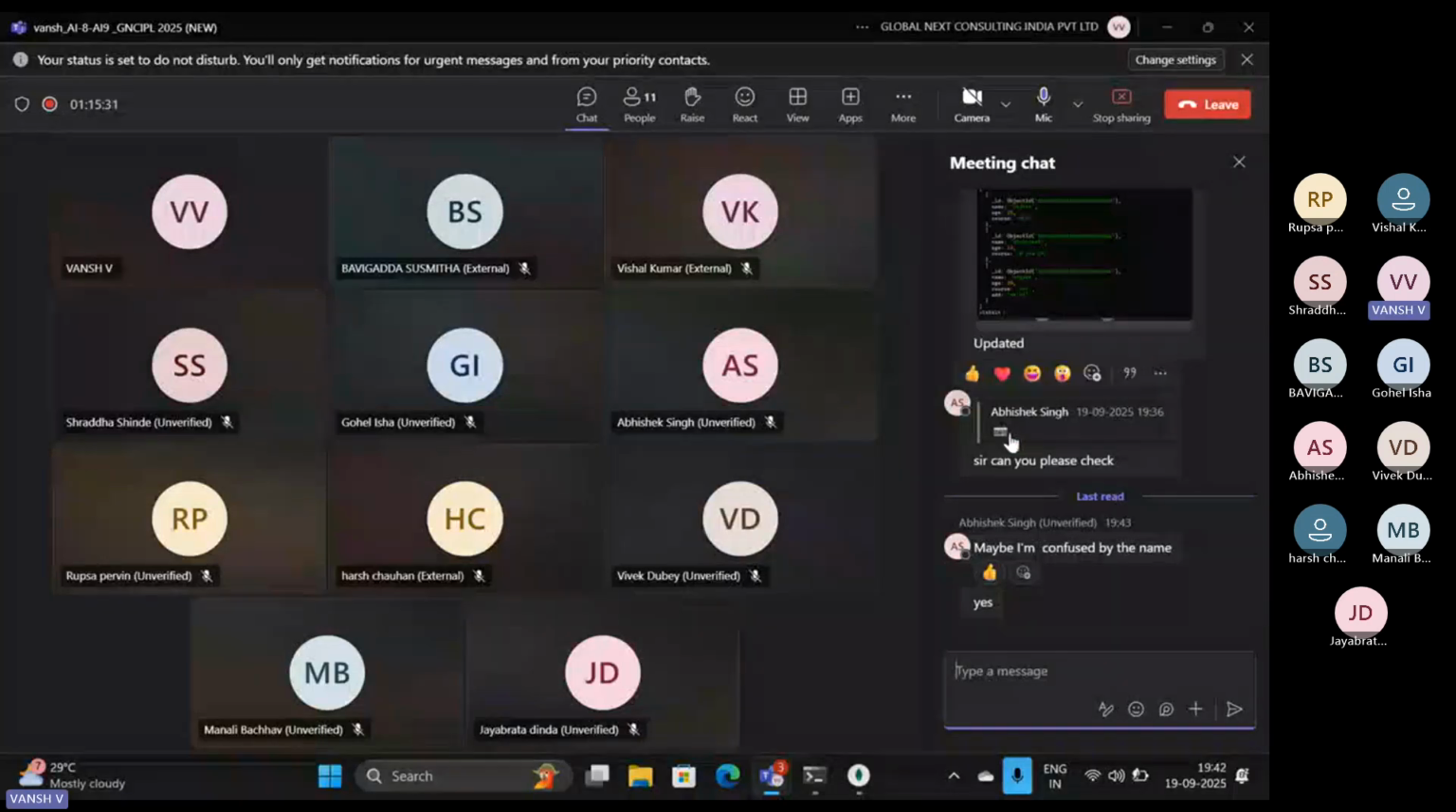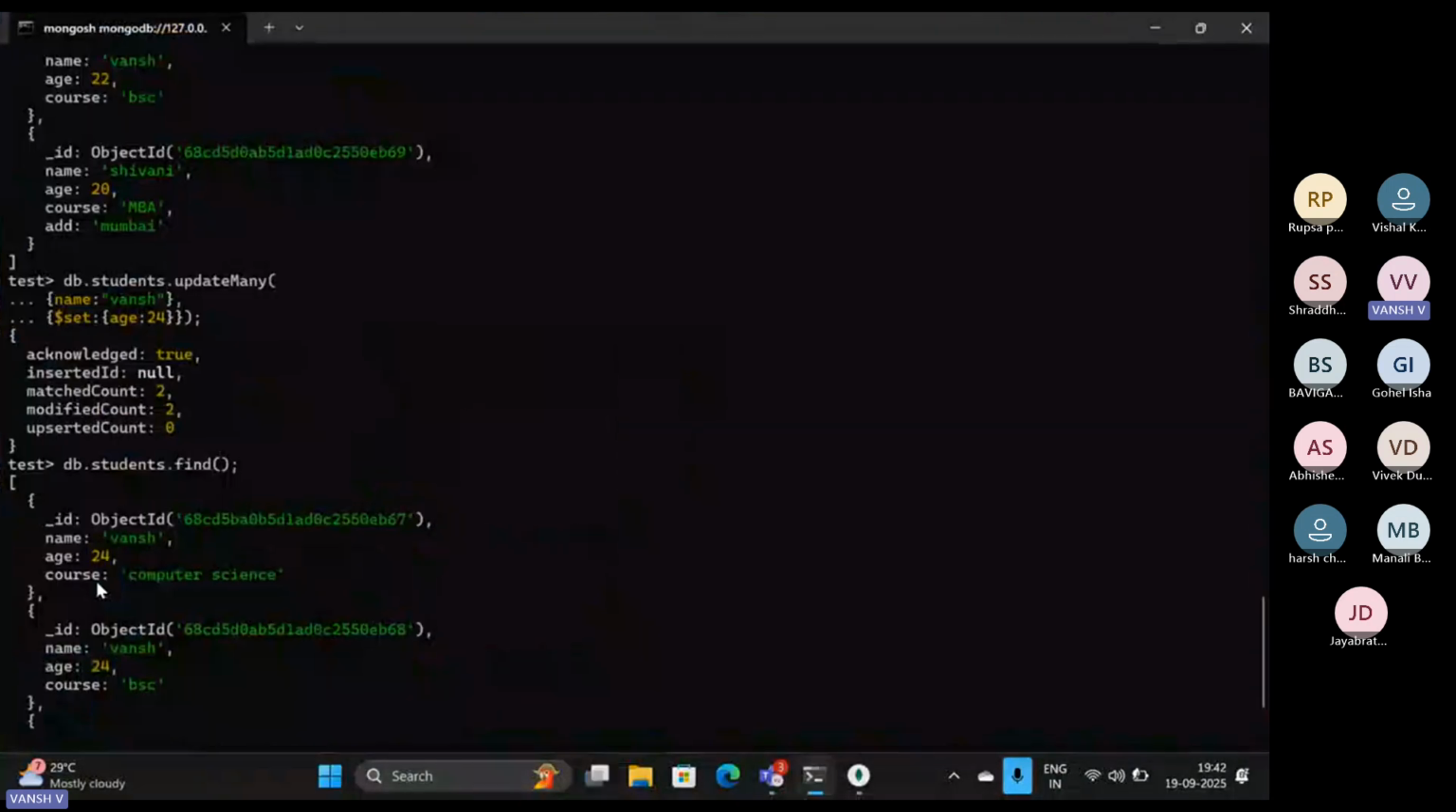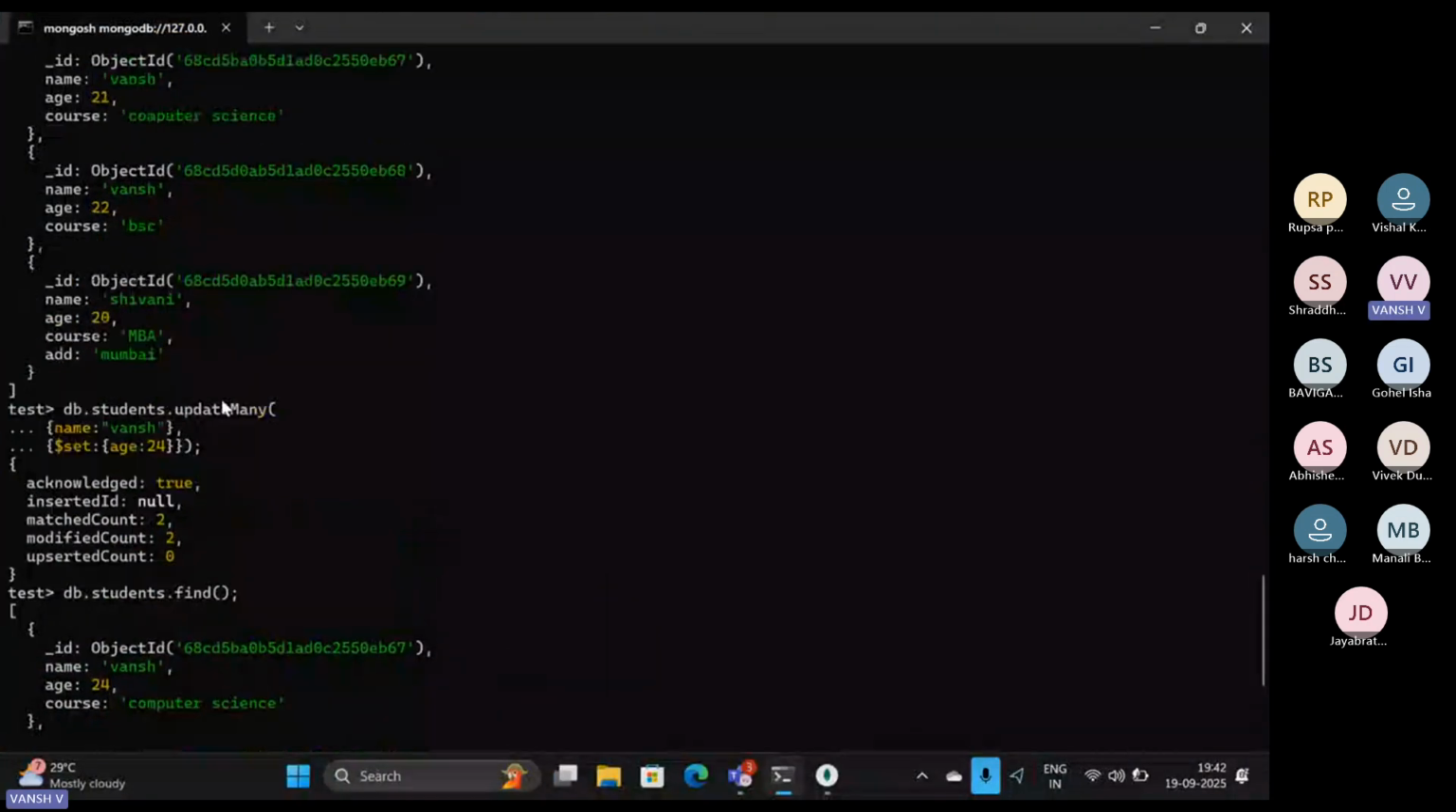After this, you can also delete the data for a specific user with an attribute like name. Suppose I want to delete the data for Shivani. So let's write a command for Shivani. db dot students,